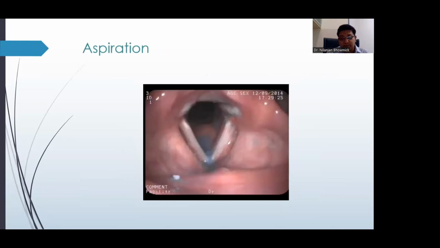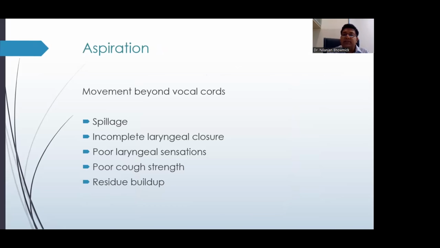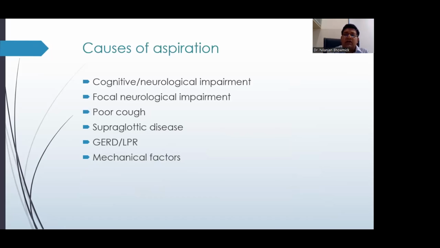Now, the usual associated movements or lack thereof in an aspirating patient are spillage, incomplete laryngeal closure, poor laryngeal sensations, a poor cough, and residue buildup in the pyriform fossa post-cricoid. The usual causes of aspiration are neurological impairment in conditions such as strokes, focal neurological impairment like a vocal cord palsy, a poor cough reflex, supraglottic diseases, and sometimes mechanical factors such as a tracheostomy tube or a Ryle's tube